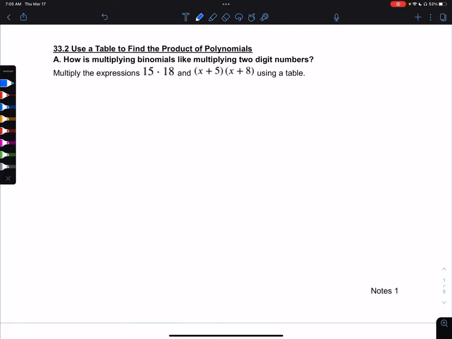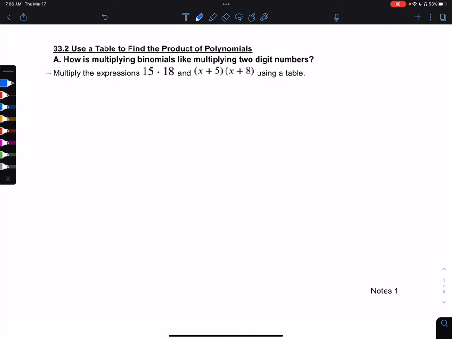In this video, we're going to look at topic 33, example 2, use a table to find the product of polynomials. So part A, how is multiplying binomials like multiplying two-digit numbers? What we want to do is multiply the expressions 15 times 18 and x plus 5 times x plus 8